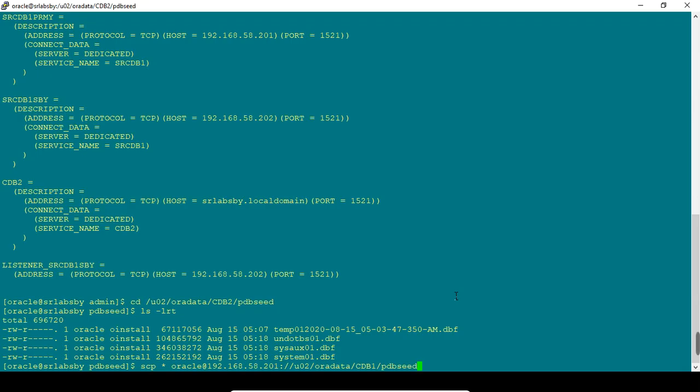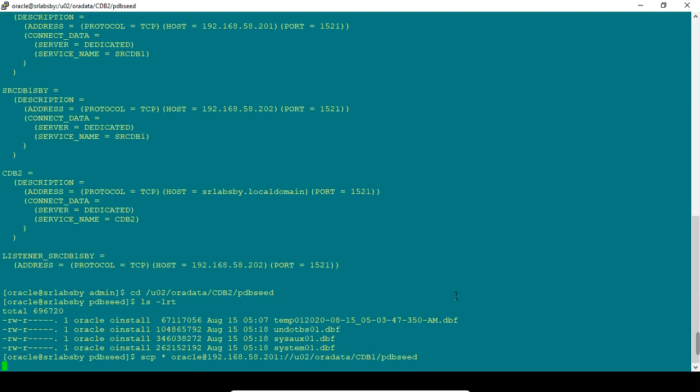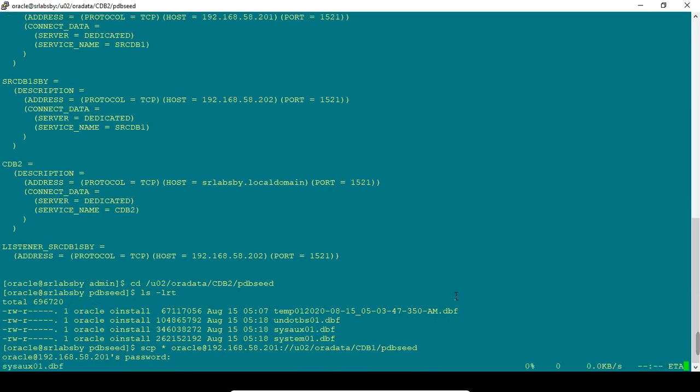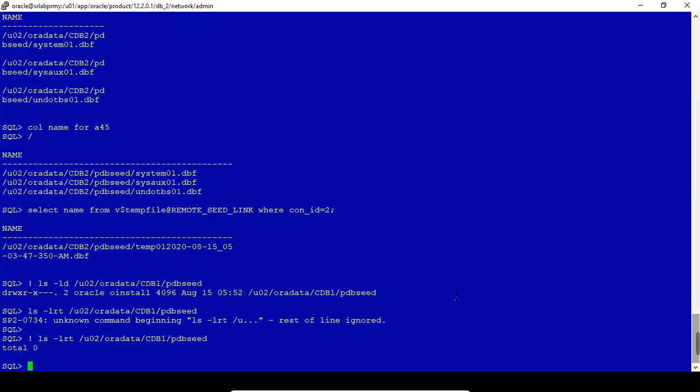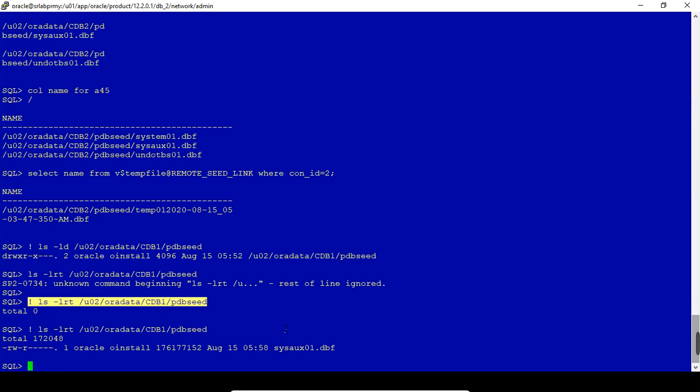Okay. Now we are going to SCP from here, target to source. I am giving the password. So it is transferring. Now you can check with the same command. It will be there. You can see here.